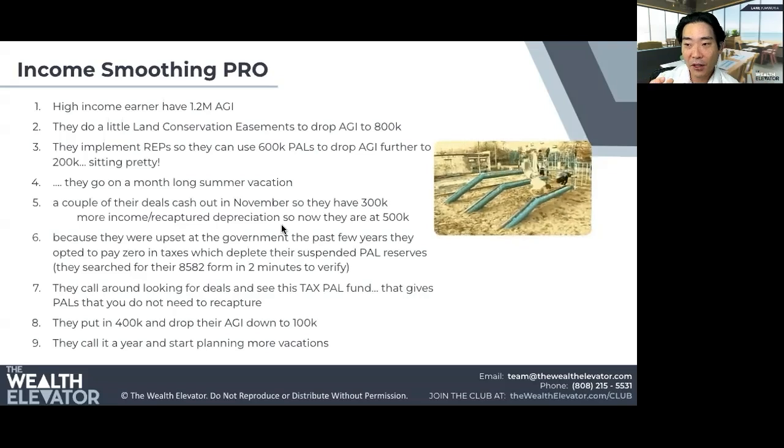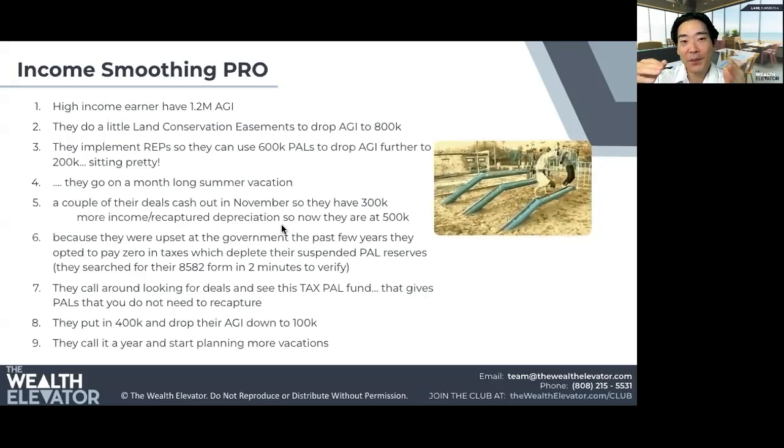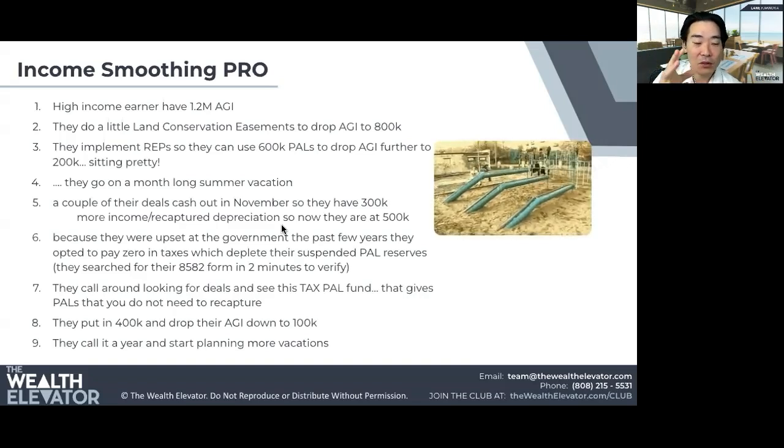And when they carry forward, the tax term, talk to your CPA, is suspended passive activity losses. But in this example we're talking about, these guys just kept using it and they exhausted it. They took it from suspended and they just used it. And once you use it, you've used it. You can't use it anymore.